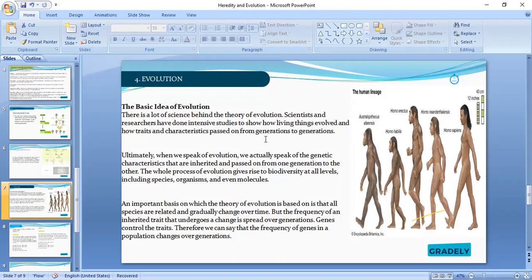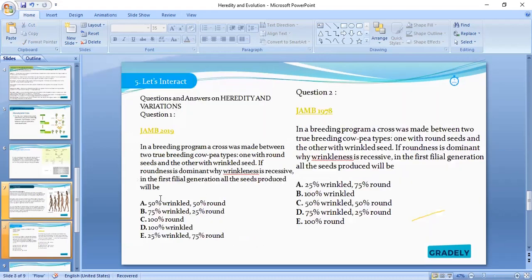That's still the use and disuse of organs. They continue to use those organs before the neck elongates, before the neck grows what? Taller. Are you getting it? That's why you can see giraffes today having a taller neck than expected. So that is, by the way, all about what? Evolution. I want you to understand.